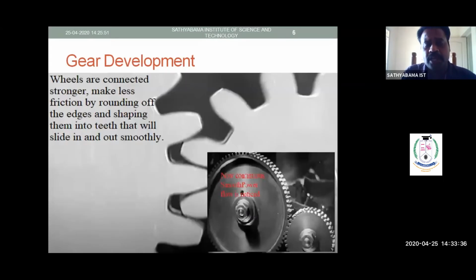Right. This is how the gears, normally you have seen many gears, even if you open your watch, you can see a gear, correct? They are non-metallic gears, plastics. And gears manufactured of alloy steels or carbon steels based on the applications. Nowadays you are seeing gear profiles with involutes or cycloidal. But before that, how the gears are manufactured?